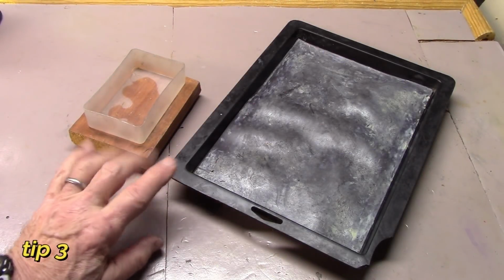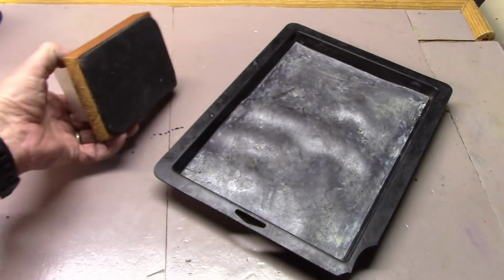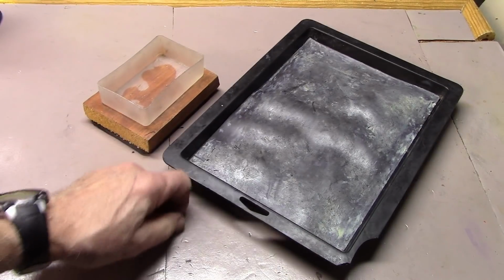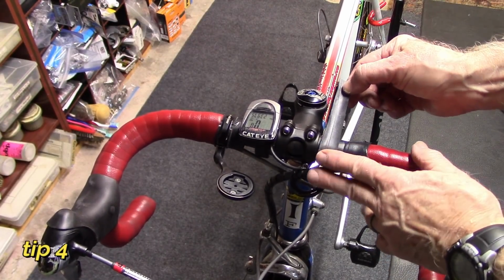Keep your work trays from sliding around your workbench. Attach a section of mouse pad to the bottom, not going anywhere. If I need a shim for the handlebars, in this case for my homemade bike map holder,